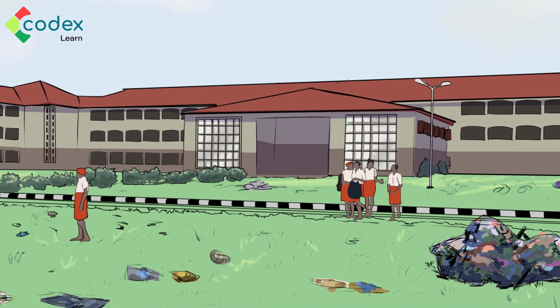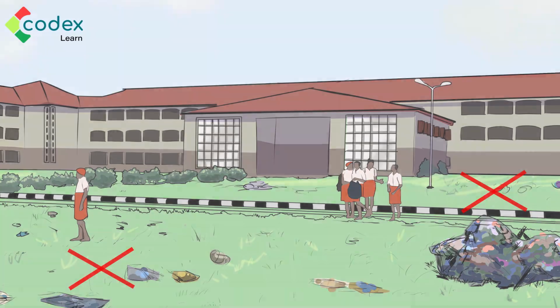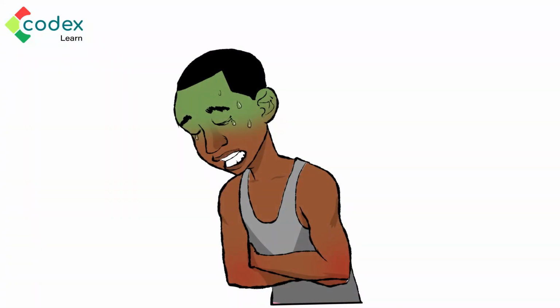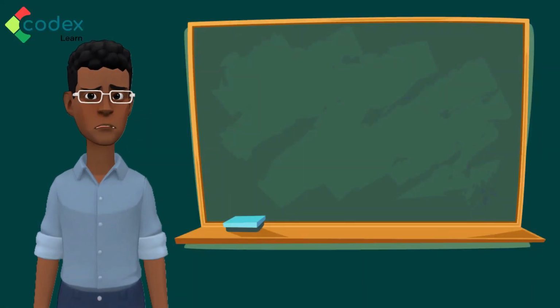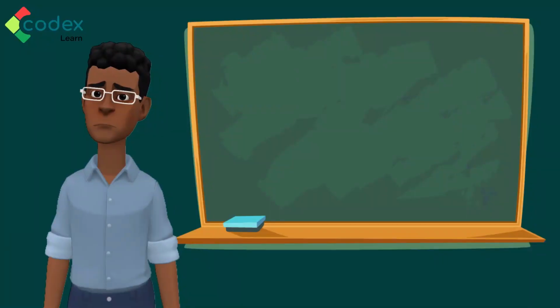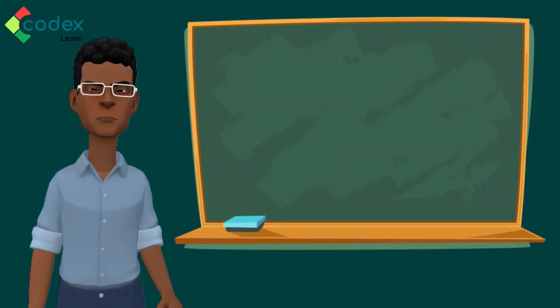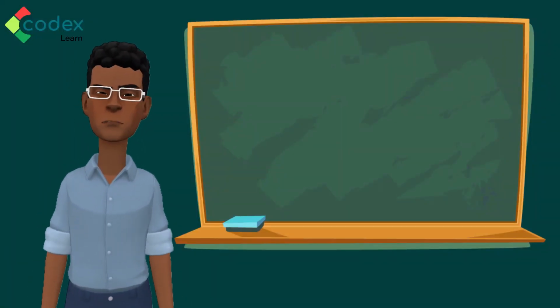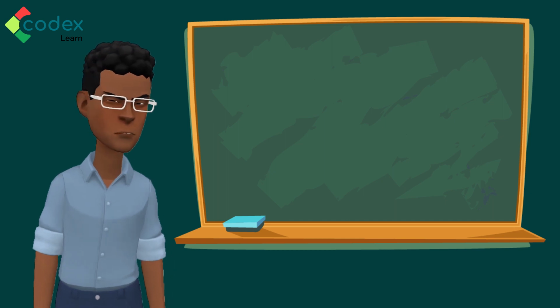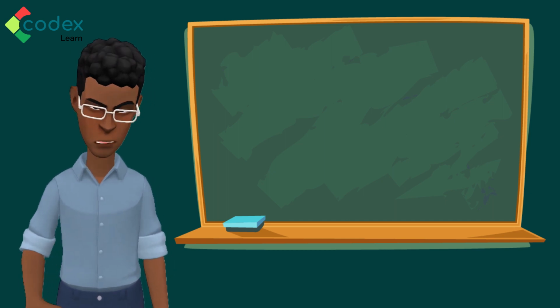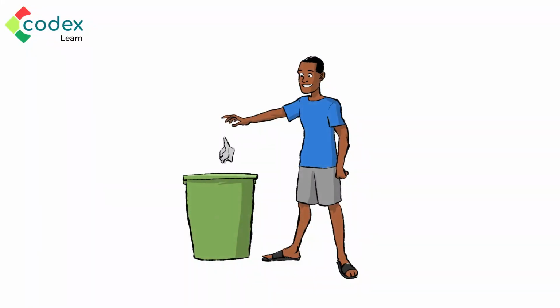What about when we litter the environment? We make our surroundings dirty, and this can make us and those around us very sick. Over time, this can affect the whole world. If we are caught throwing things on the floor, we will also get into trouble with the school. Children, you see, everything we do affects not just us, but everybody. This is why it is important for us to follow the rules.